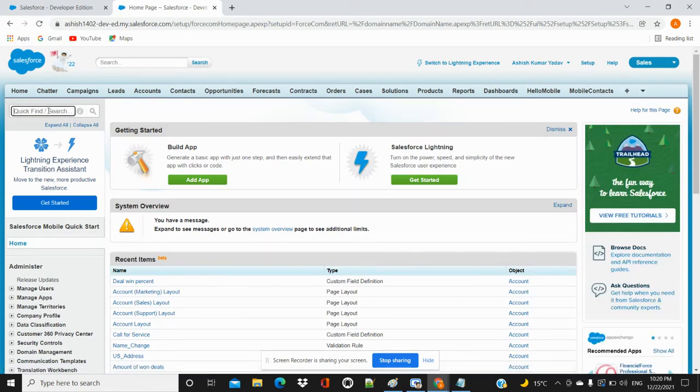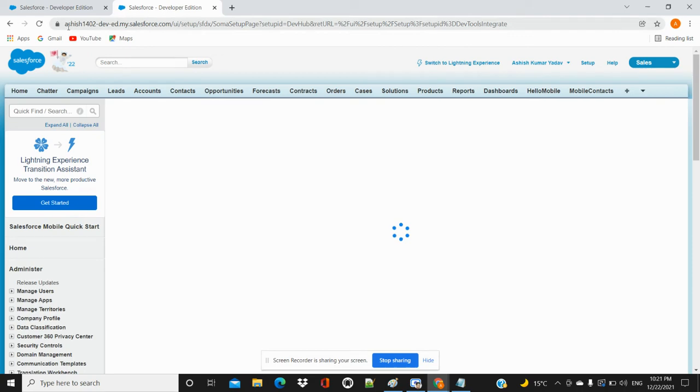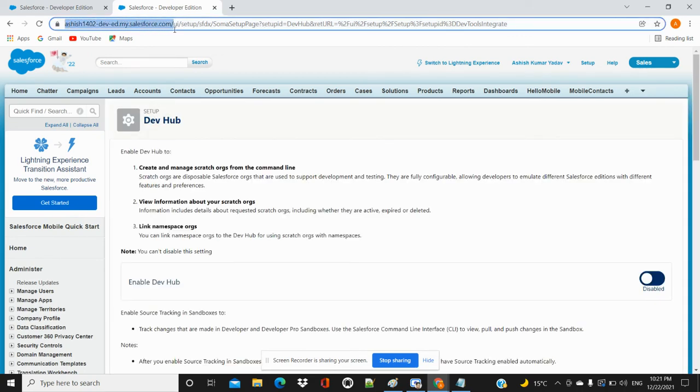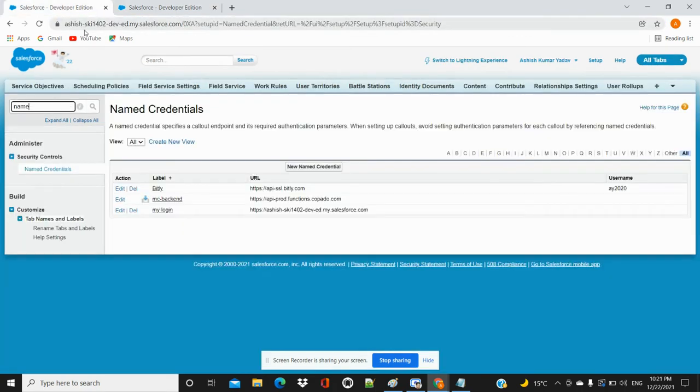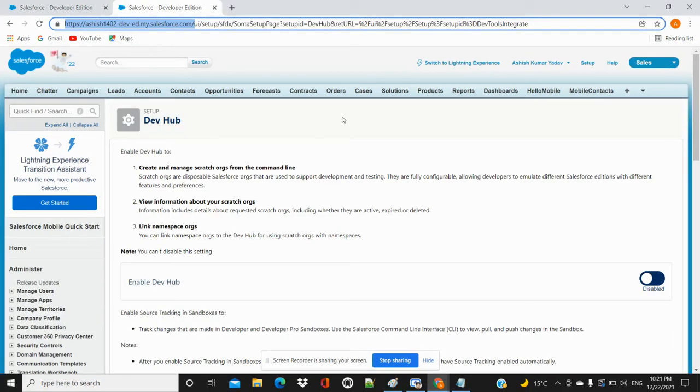Here we click and type Dev Hub. If you look at the URL, it is different from my first URL, because we are logging in through another org.